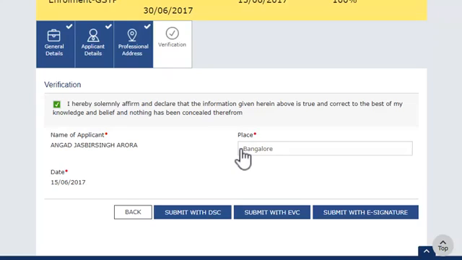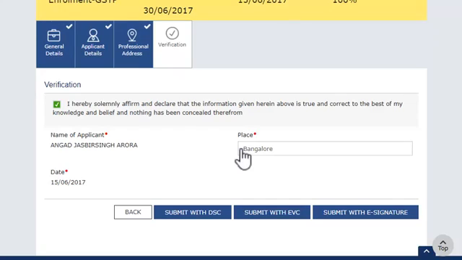You can submit the application using PAN-based Class 2 or 3 Digital Signature Certificate (DSC), but before submitting the application using DSC, the DSC needs to be registered using the Register DSC service on the portal.